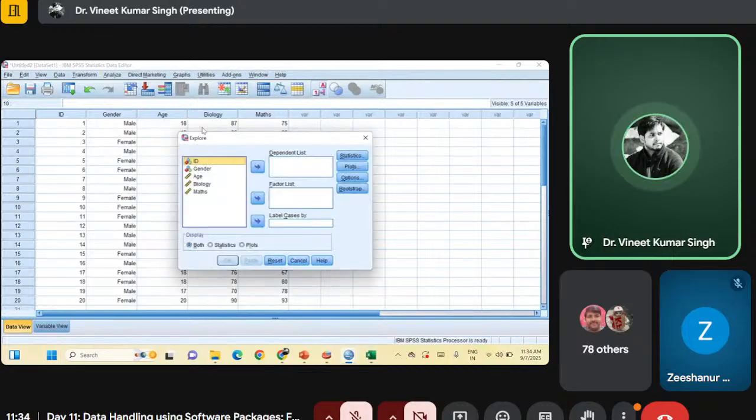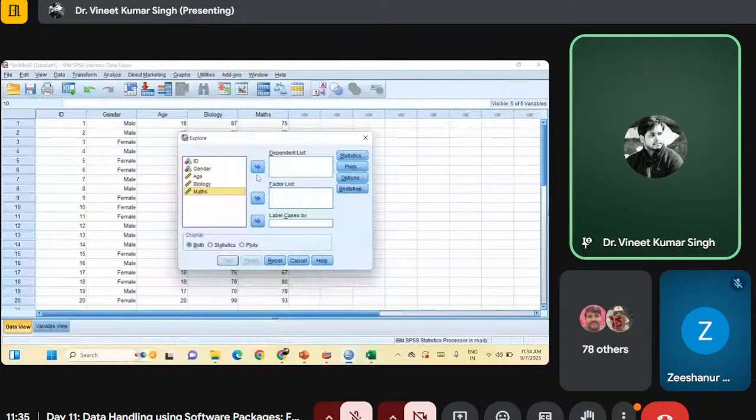Now this explore gives everything: plots, graphs, statistics, the descriptive statistics of entire data set. And it can differentiate on the basis of the nominal variables such as gender or ID if we want. So suppose in dependent list,